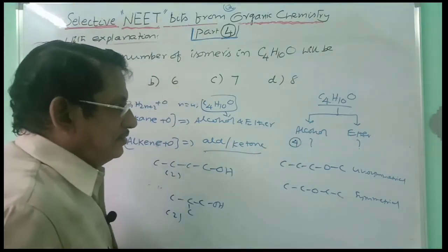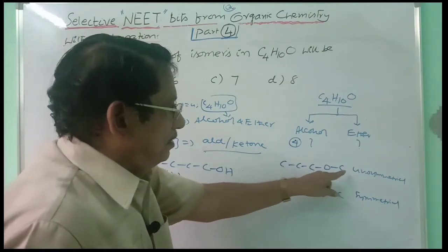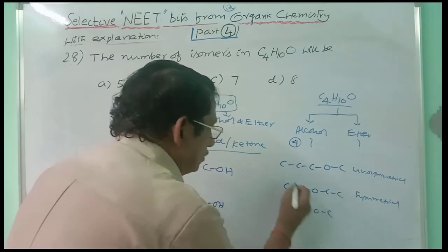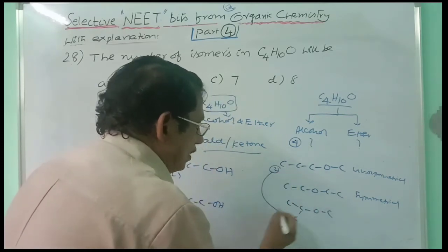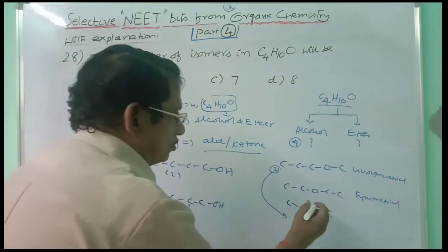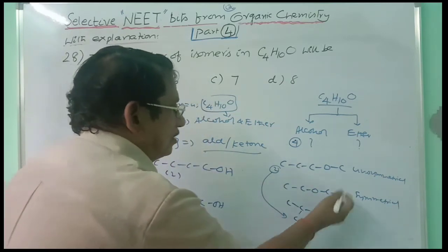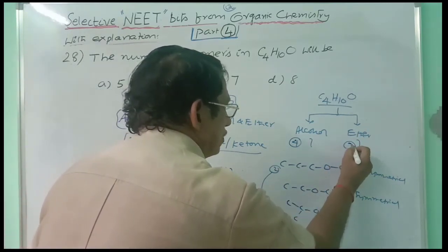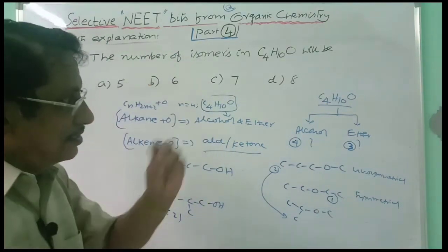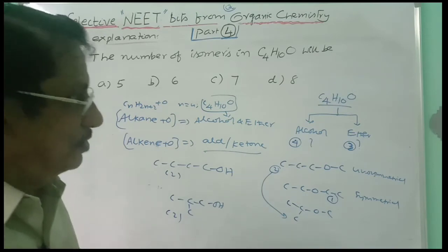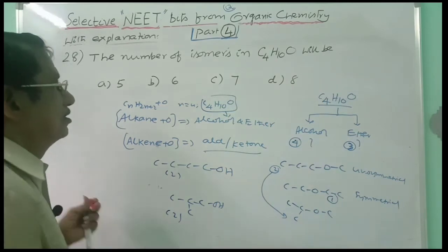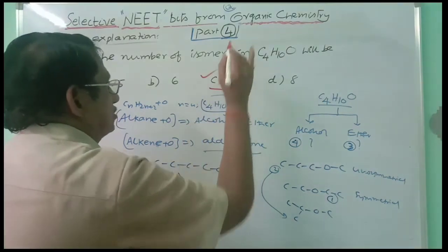In the case of ethers, you are taking normal propyl methyl ether, and this can also be written as isopropyl. So here 2 will be obtained, and this is only 1 symmetrical ether. You cannot change this group into another group, so this is only 1. So how many ethers are there? 2 plus 1 is equal to 3. So total alcohols is equal to 4, total ethers is equal to 3. Total sum, 4 plus 3, is equal to 7. How many isomers are possible here? There are 7 total isomers. This is correct.